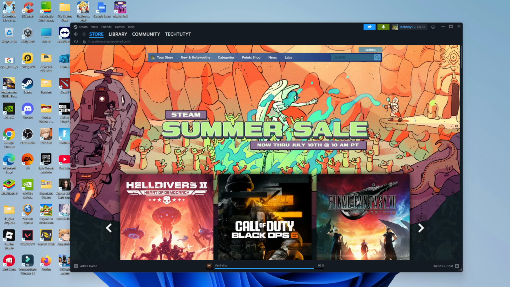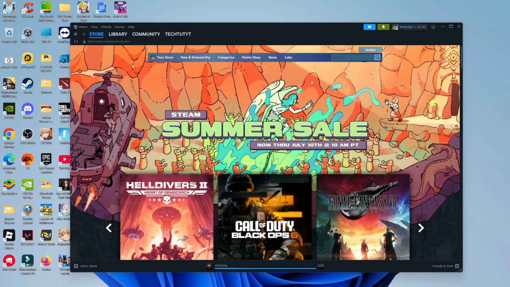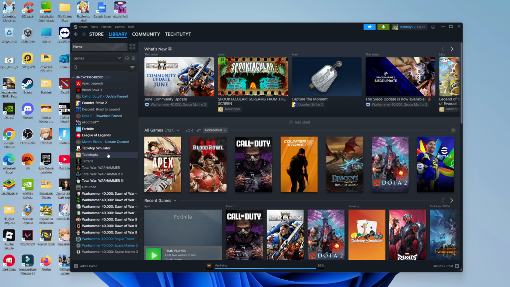To get started with this, the first thing you're going to want to do is open up Steam and log into your account. I'll be using the Steam app, but the steps are the same if you prefer to use the web-based version of Steam. The first thing you're going to want to do is come across to your games library. So if you come up to the top and click onto library, it's going to show all your games